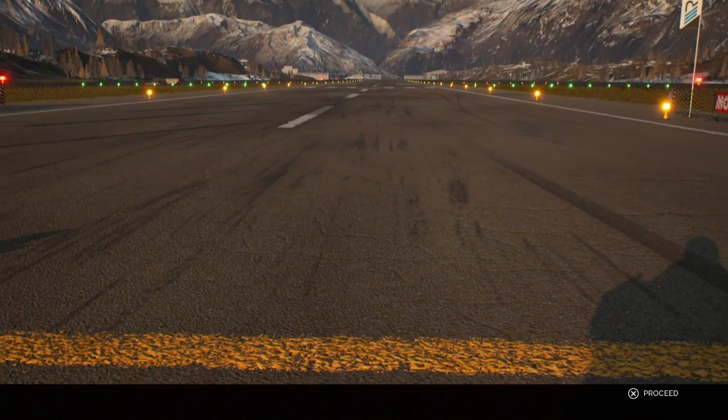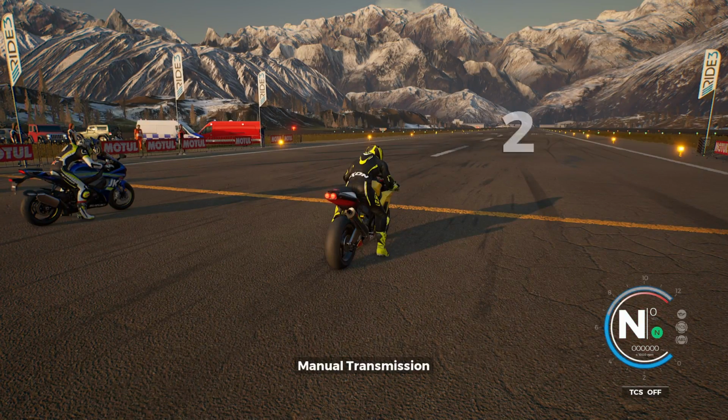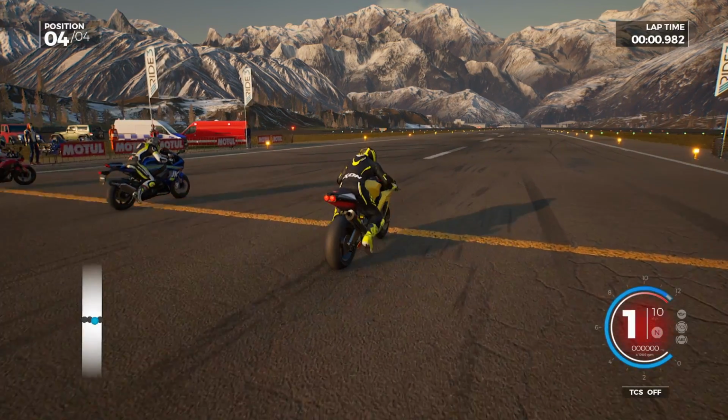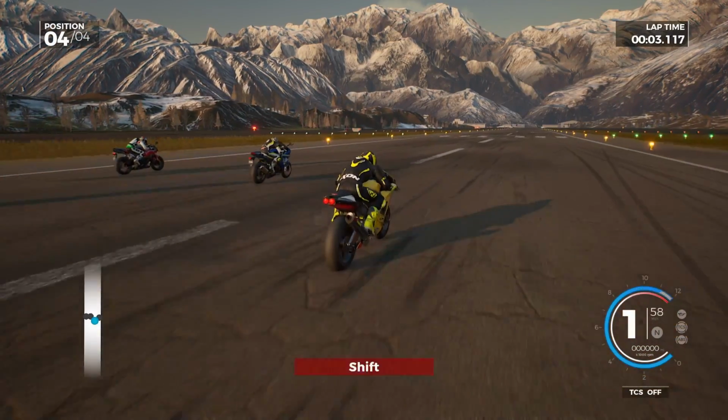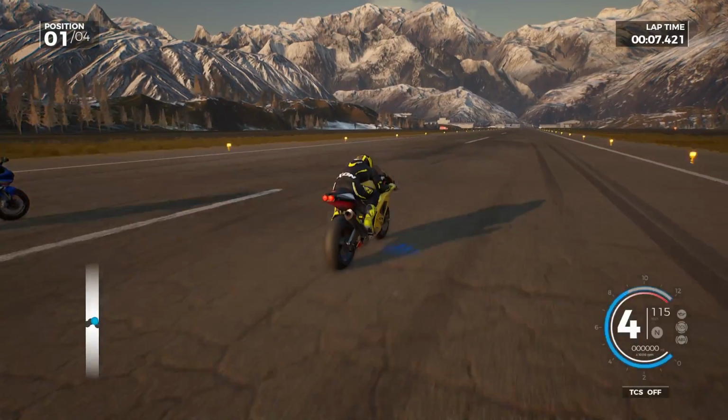So here we go with the first event. It's a drag race. We're on the Aprilia, and just remember, it's the bike that gets the fastest time in this drag race that wins the points. So let's see if we can get a good start. Oh, that was a bad start. Into second gear. Let's see if we can get that front wheel down, and we're starting to motor away, but